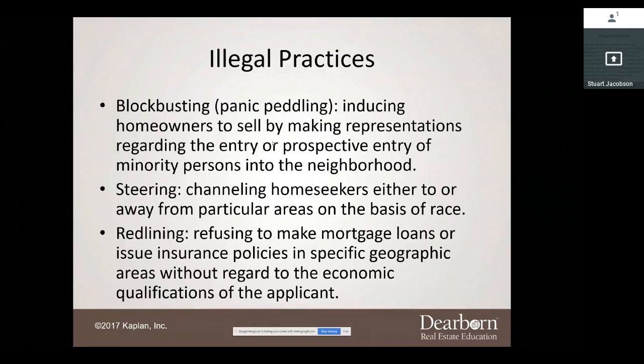Now, it has come to my table, saying, hey, the situation with some of the towns that we have, Northern Ocean, Southern Monmouth County, with particular religious organizations moving into towns, is this blockbusting? Is this panic peddling? So what happens is, if you are not the one inducing the fear,